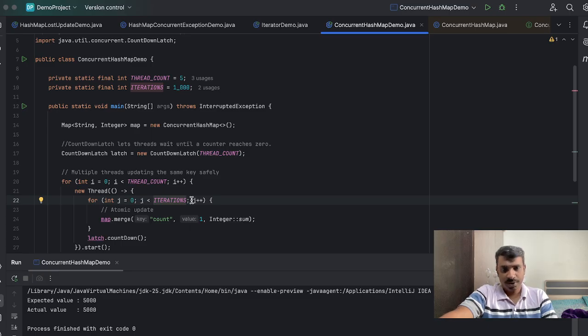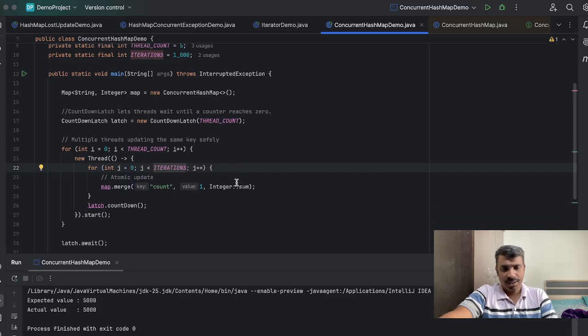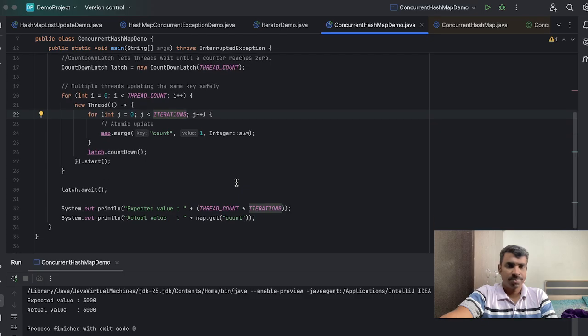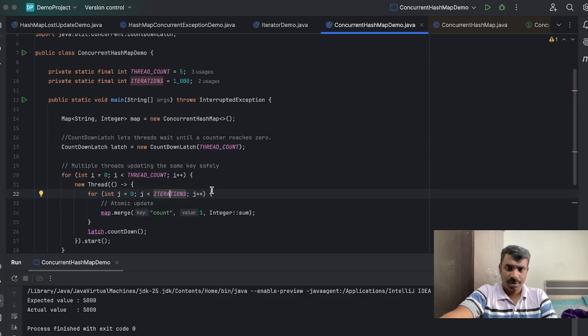But in the HashMap you already saw the values are getting changed. The actual value got changed when we are running multiple times, but here it will never change. You will always get the expected value. It will not change, or it will not misbehave. Okay, this is another example of ConcurrentHashMap,